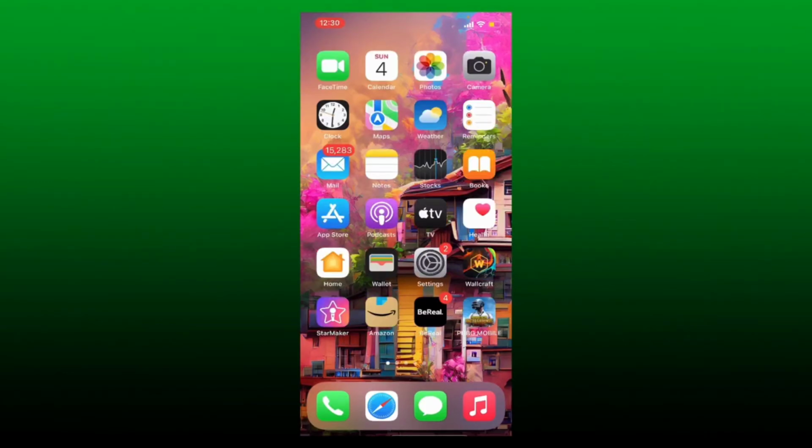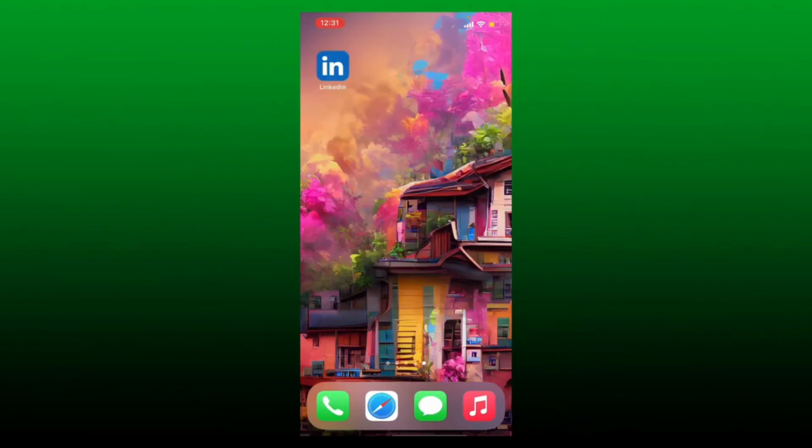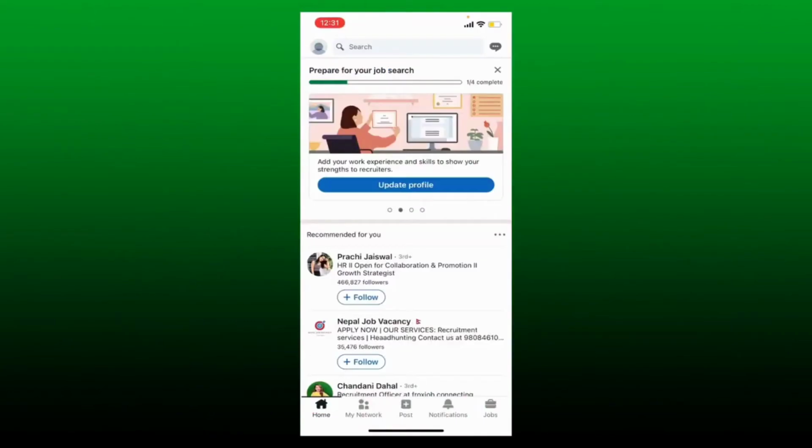How to log out of your LinkedIn account using your mobile device. To log out of your LinkedIn application from your mobile device is quite easy. Here's my LinkedIn application open and I'm on my home page right now. From your main home page of LinkedIn, if you'd like to log out of the application, go to the top